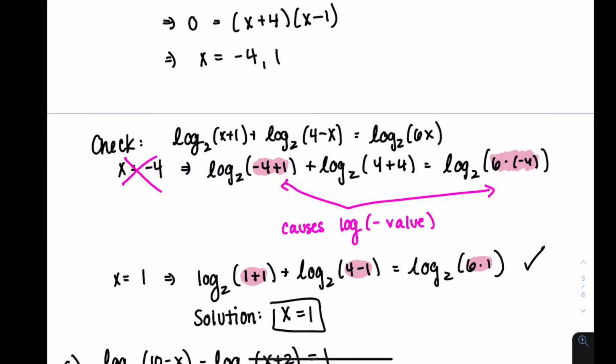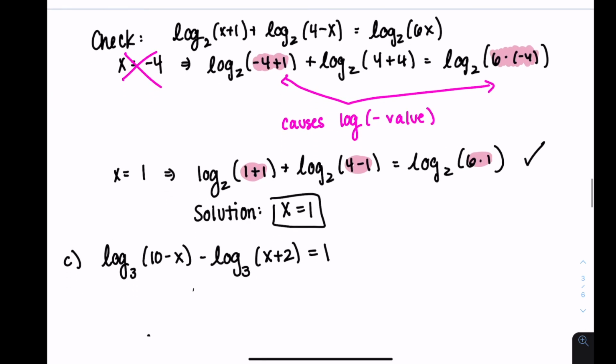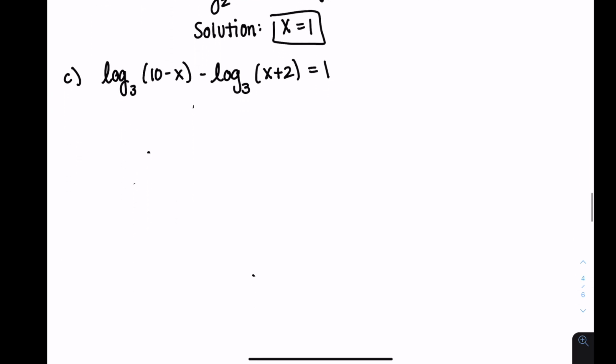Okay. So let's try another logarithmic equation. We've got log base 3 of 10 minus x minus log base 3 of x plus 1 equals 1. I don't have logs on both sides, but that's perfectly okay. So what I want to do is still condense this as much as I possibly can. And when we have subtraction, that turns into division of those two things. So I've got 10 minus x in the numerator, x plus 2 in the denominator, and we've done nothing with